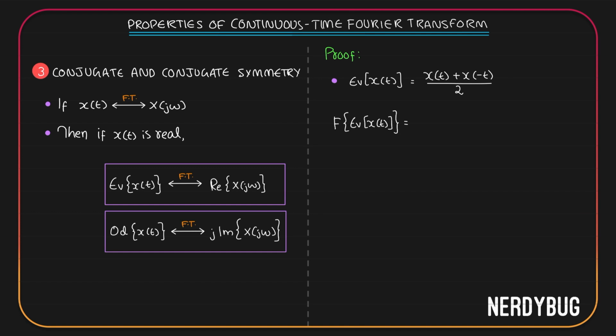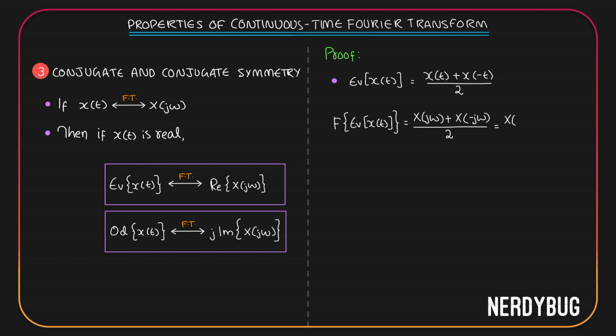Using linearity property, this is simply going to be X of j omega plus X of minus j omega divided by 2. X of j omega is the Fourier transform of x of t. X of minus j omega is that of x of minus t. But we just learned X of minus j omega is equal to X conjugate of j omega. If we use that here,